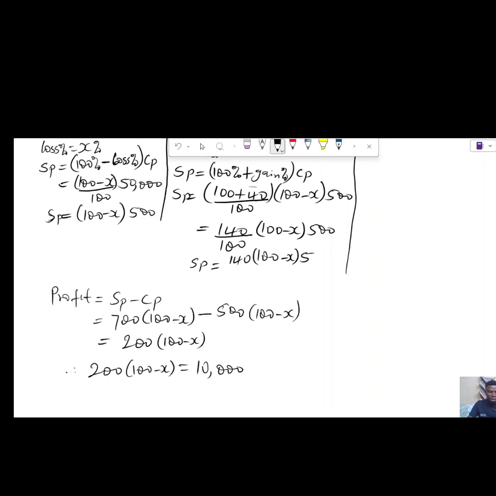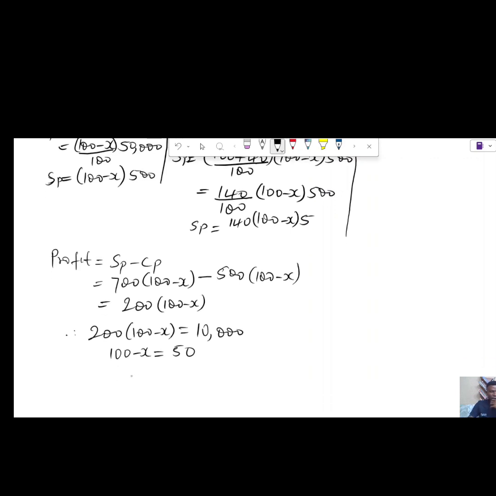If 200 divides 10,000 naira, we have 100 minus x will be equal to, what will be here is what? 50. And then to get x, we have that 100 minus 50 is equal to x. And then x now will be equal